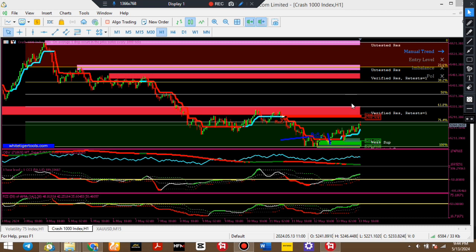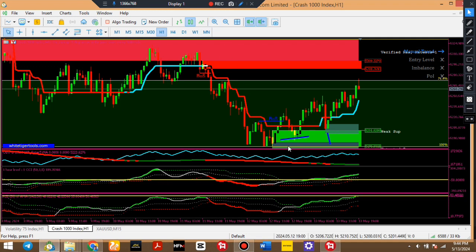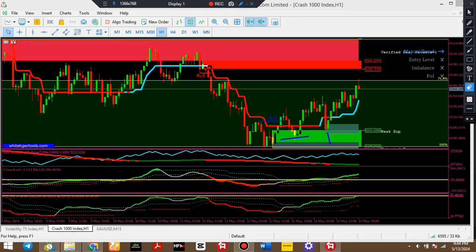So if I should zoom out a bit, I don't know why it's not showing. It ought to show where I took entry and probably exit. So whatever be the case, the trade was successful for me. Is that clear? This is on Crash 1000. I did take trade on this one. So the reason, I've explained the reason, because price was at a buy zone and it has broken structure, came into the zone, and again I noticed there was a support at the end.